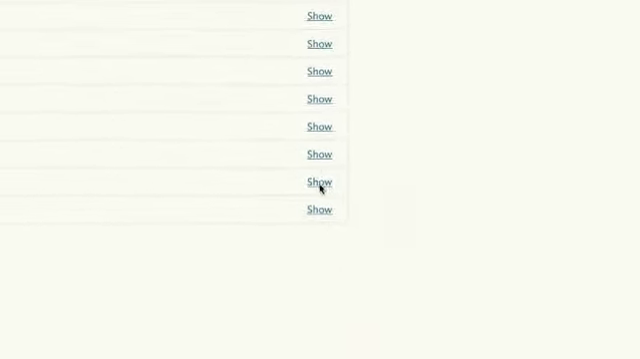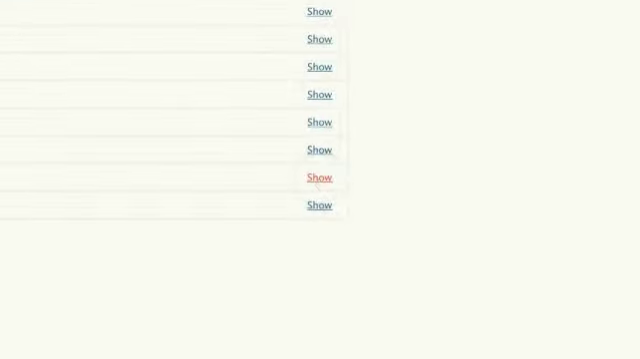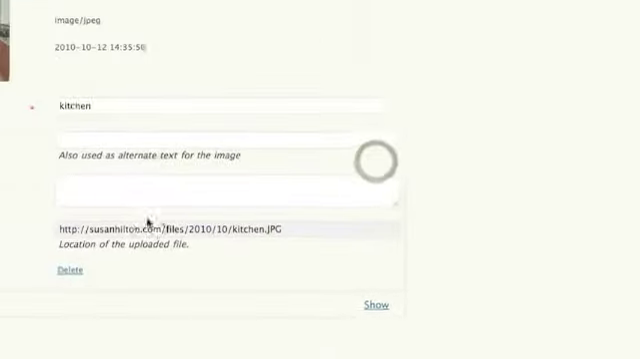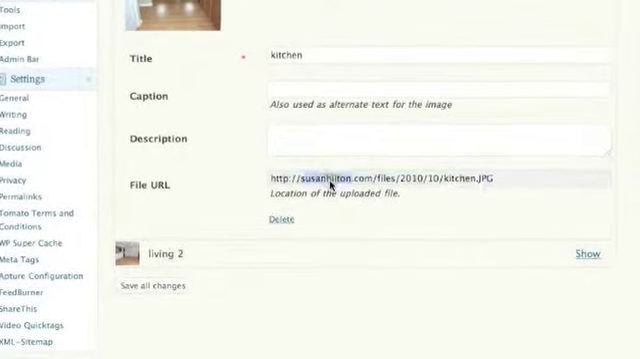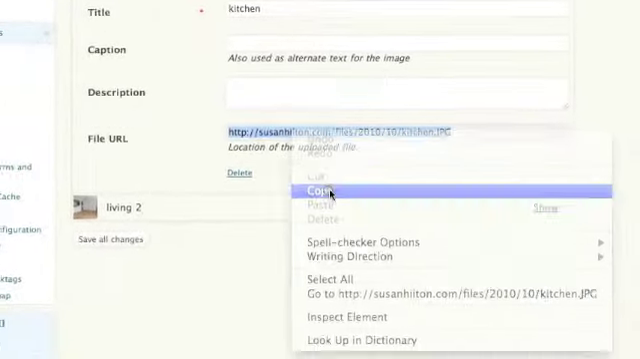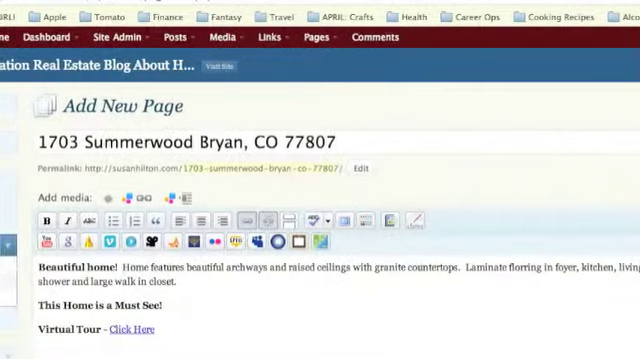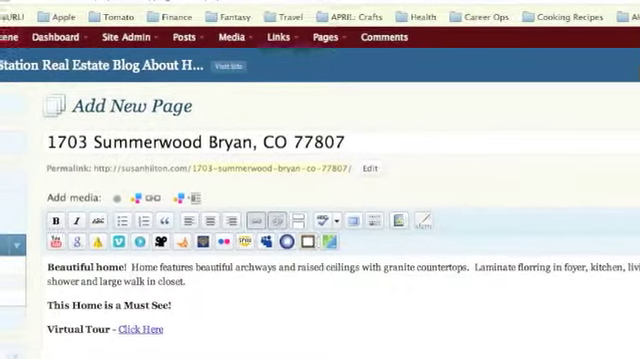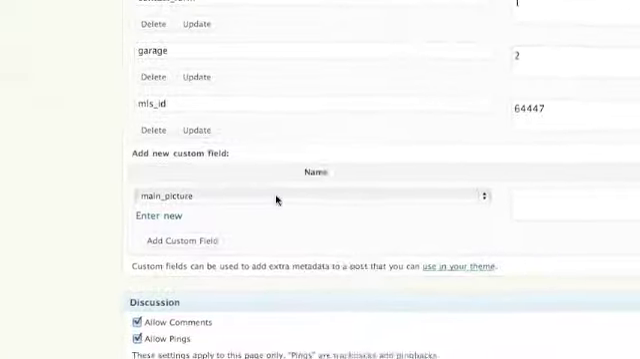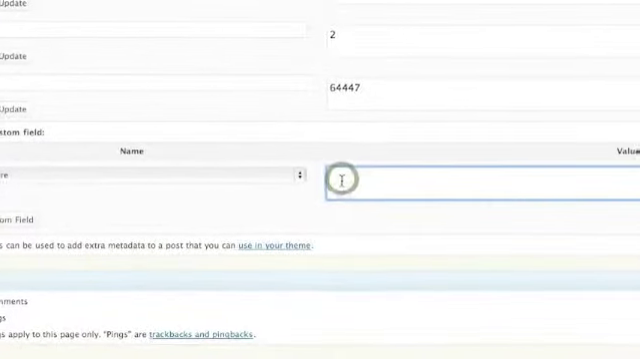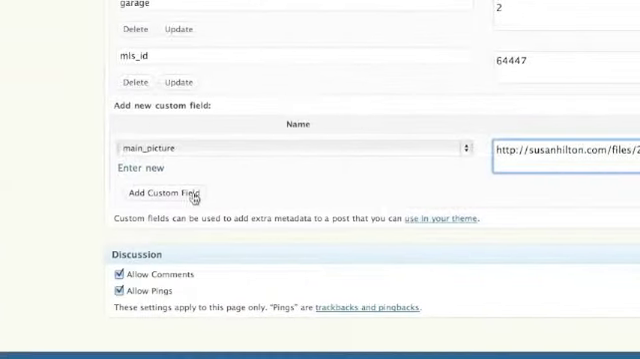So in this case, I'm just going to choose one of these images to be my main image. I'll click show, and then down here where it says file URL, you can highlight and copy that URL. That gives you a URL to the image. We can then go back to the page that we're working on. I'm going to scroll down, make sure that main image is chosen, and I'm going to add that URL as